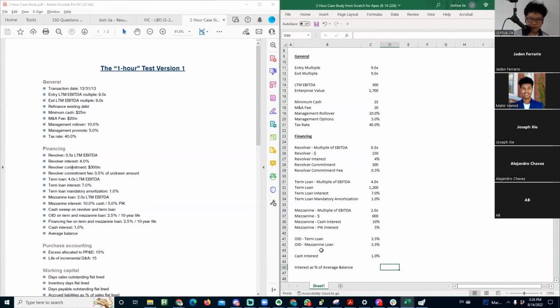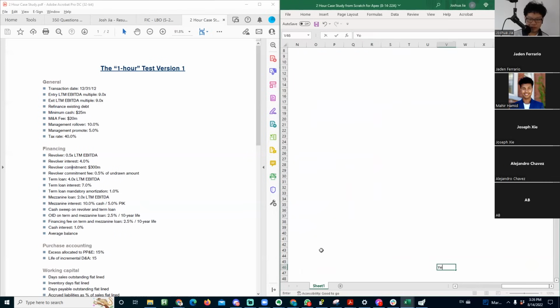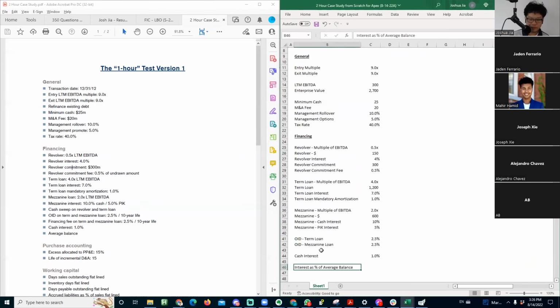And then I like to create a little toggle. So over here to the side, I'm just going to have a little yes and a little no. And I'm going to do what's called validation. So